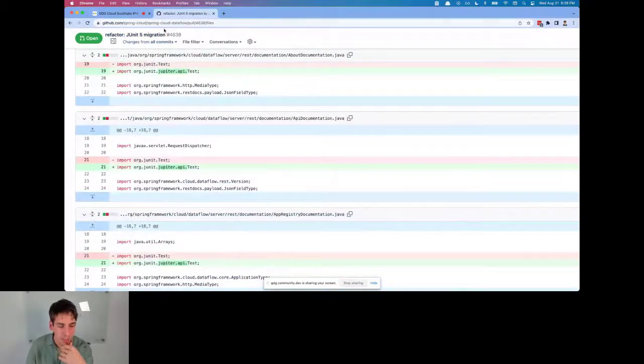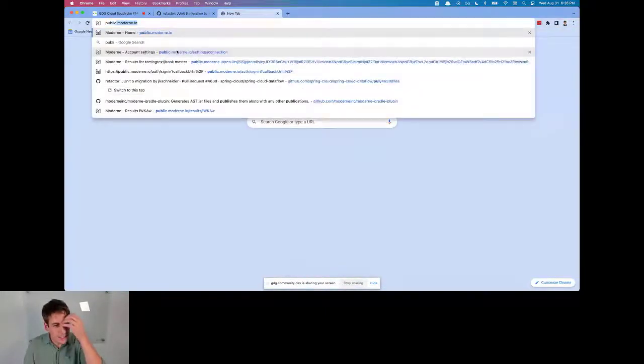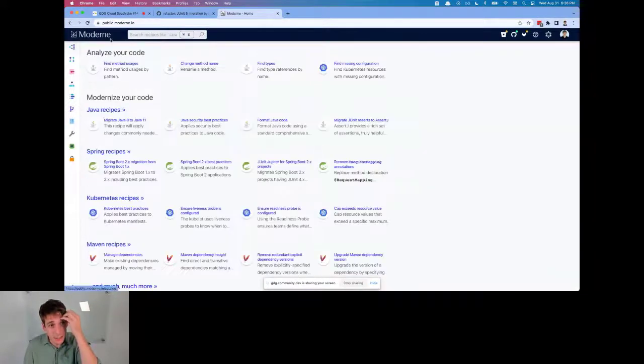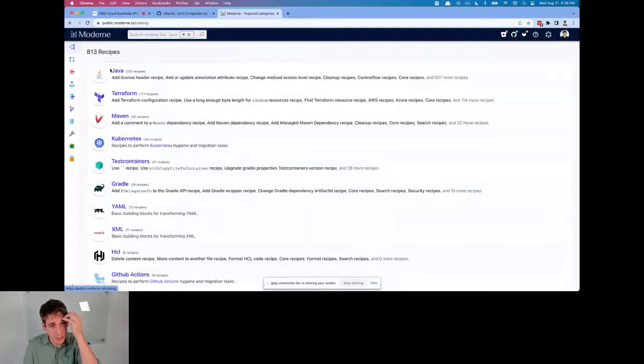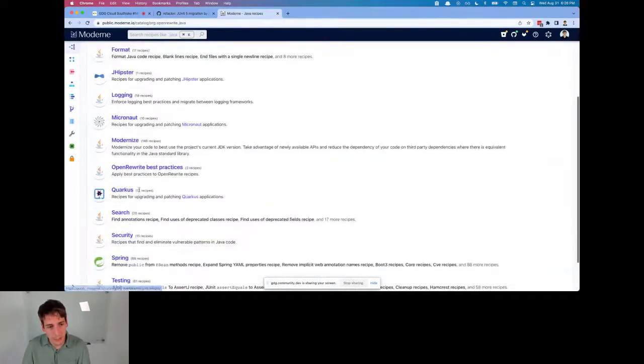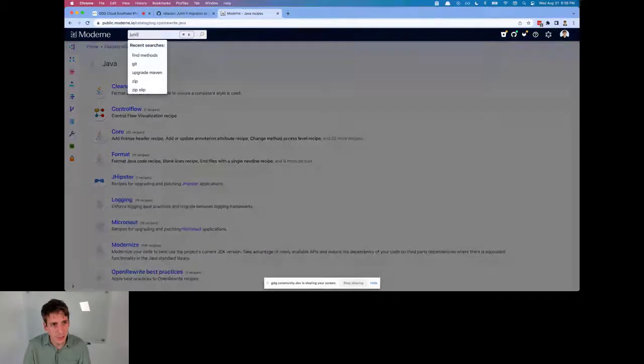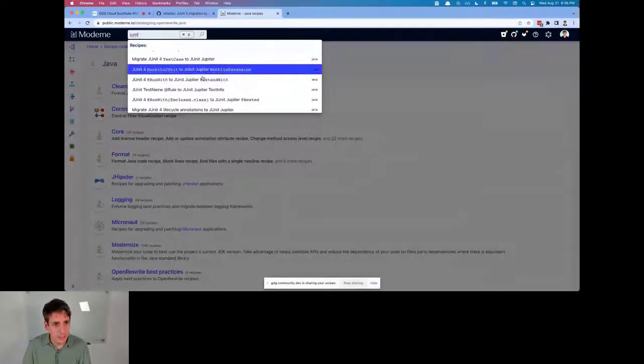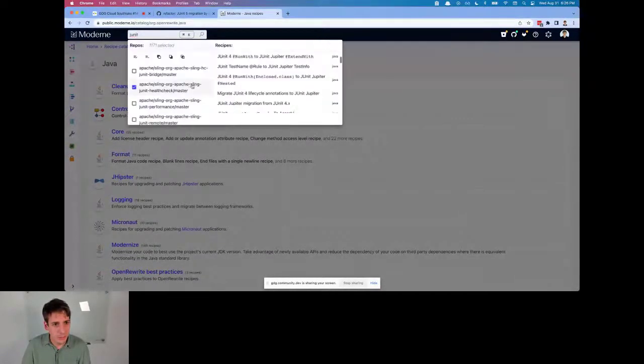And to illustrate how these recipes stack, because we saw an example there of how we were using change type inside of that recipe we just developed. But if I went to, say, this JUnit thing here, this, whoops.